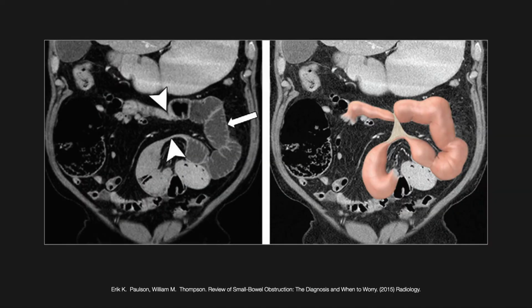This augmented image illustrates the most common cause of closed-loop obstruction, that is, an adhesive band under which small bowel loops will slide, dilate, and become trapped. This causes the 2 points of obstruction, going in and coming out of that loop, which define the closed loop segment and isolate it from the remainder of the gastrointestinal tract. This puts this loop of small bowel at risk for becoming ischemic as its secretions become trapped and it